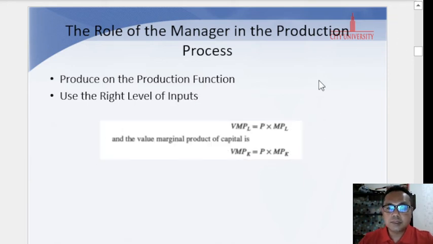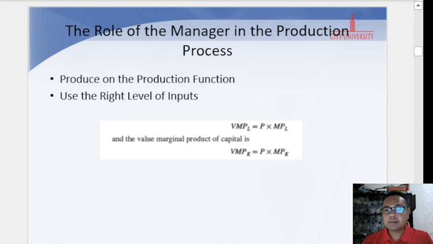So, value marginal product of labor. The value marginal product of an input is the value of the output produced by the last unit of that input. For example, if each unit of output can be sold at the price of P, the value marginal product of labor is VMPL equal to P times MPL, and the value marginal product of capital is VMPK equal to P times MPK. In our example, the cost to the firm of an additional unit of labor